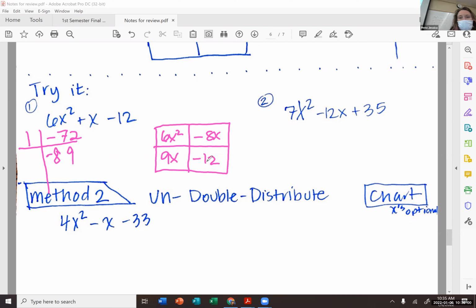So I'm going to take out my GCFs. I'm going to go down. So that's going to be a 3x. And then on the next side, it's going to be a negative 4. And then again, I'm going to go across. I've got a 2x. And then I have a 3. So now I have my two factors. 3x minus 4 and 2x